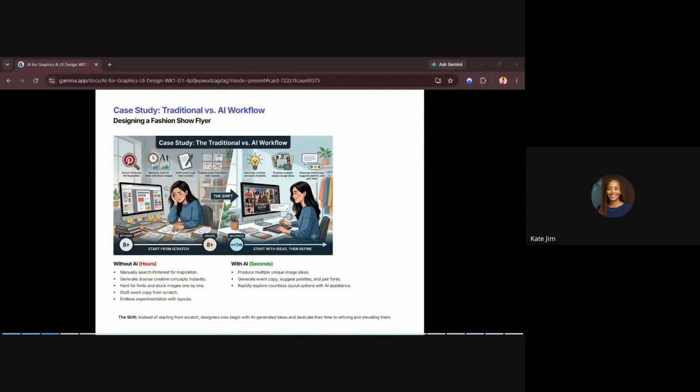It was then. But now with AI, you can actually produce multiple unique image ideas at the same time. For a platform like, say, Gemini, with their nano banana, they don't charge. It's free. You can create as many images as you can for some time compared to other platforms.